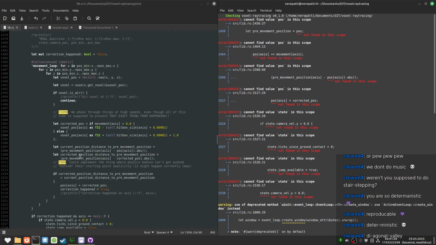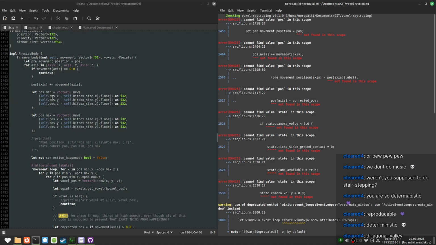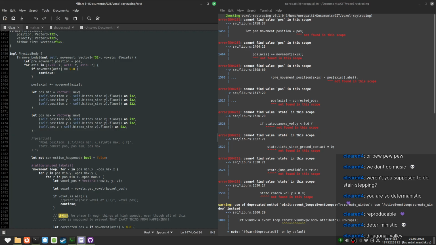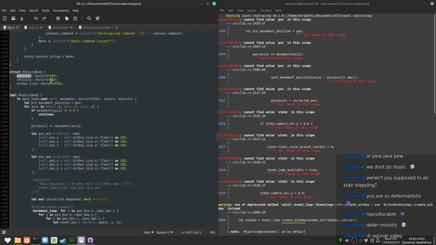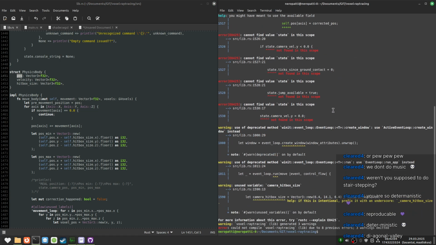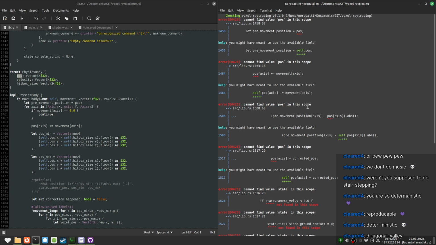Oh yeah, and these are all pos instead of position. Honestly, I'll just call it pos. Fine. I think this is very clear. And everything already says pos anyway. So self the piece of shit. So true. No, self the position.